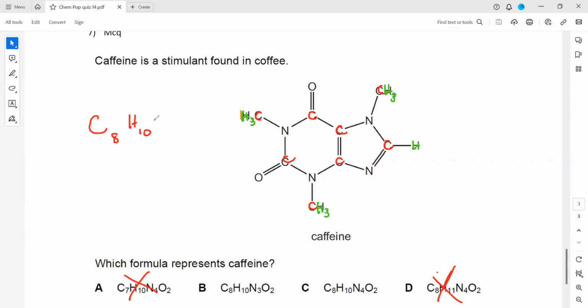Then we check for nitrogen. Count how many nitrogen are there. 1, 2, 3, 4. So 4 nitrogens are there. So which is having 4 nitrogen? This have 3 nitrogen, so this have 4. So we don't have to check all of them. And 2 oxygen will be there. As you can see, this 1 and 2, so 2 oxygen, O2. So molecular formula of this compound from the structure is C8H10N4O2. So C will be the right answer. So from the structure, you should be able to identify